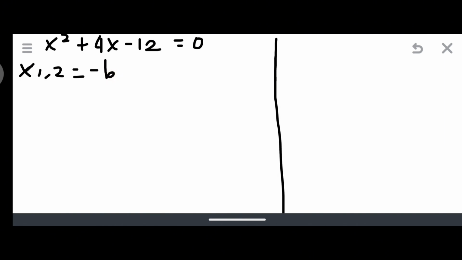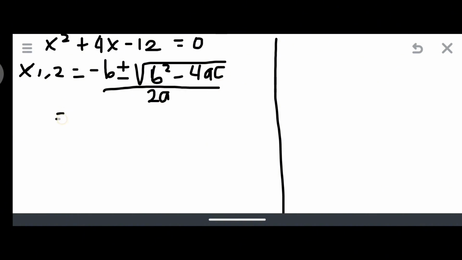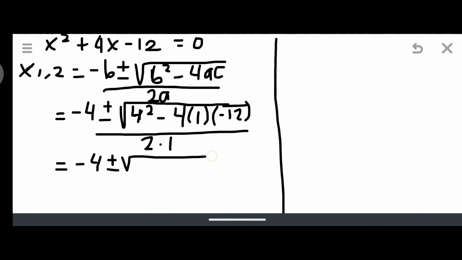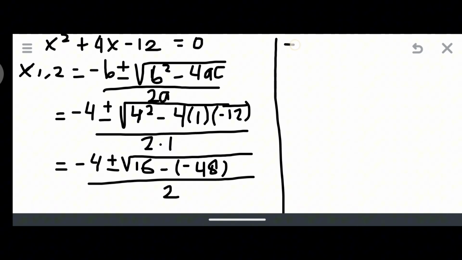For example, x squared plus 4x minus 12 equals 0. x1,2 equals -b plus or minus the square root of b squared minus 4 times a times c over 2 times a, equals negative 4 plus or minus the square root of 4 squared minus 4 times 1 times negative 12 over 2 times 1, equals negative 4 plus or minus the square root of 16 minus negative 48 over 2,